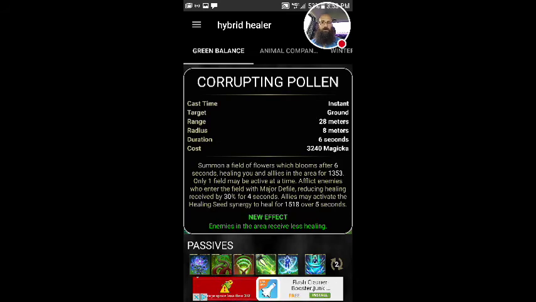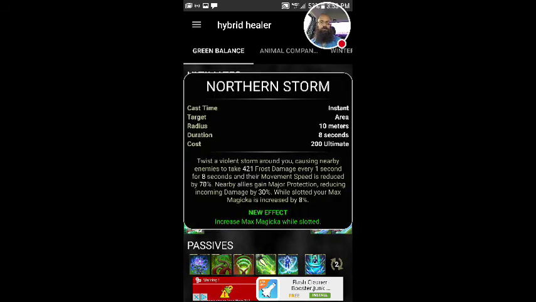But by doing major defile on the enemies, you're actually helping out your DPS a lot, because they don't have to worry about people's health bars rubber banding. If they're heavy healing, their health bar is just going to sit in one spot. The ultimate we went with on this bar is Northern Storm,